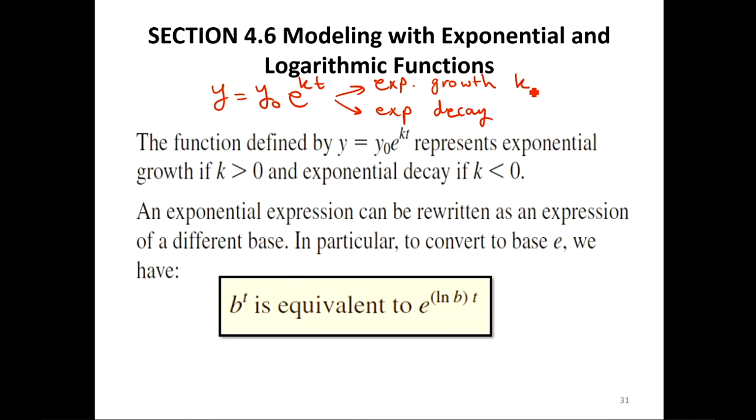Growth if k is positive, decay if k is negative. Growth means increase, so the k must be positive. Decay means decreasing, so the k in the power of the e is negative. Okay,